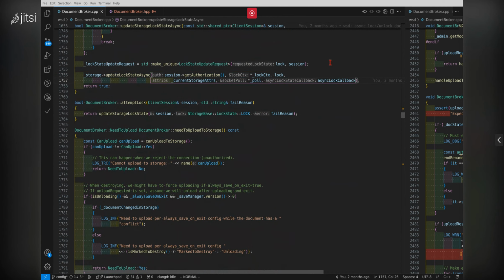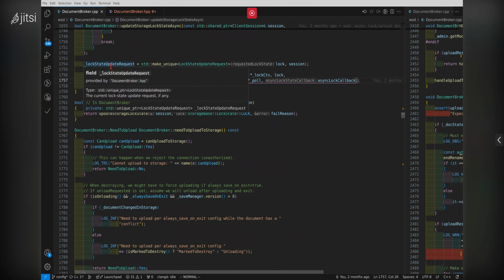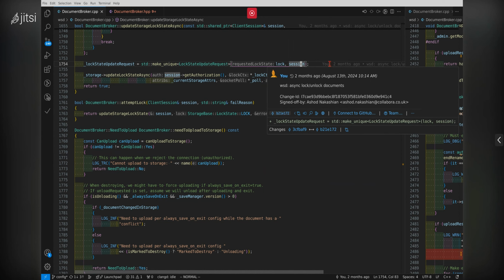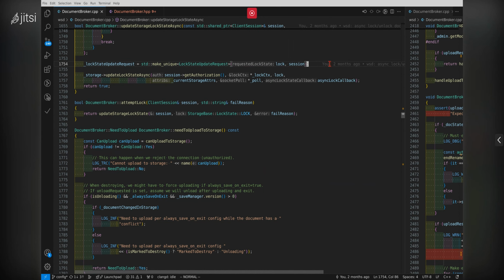The relevant parts that you need to be mindful of, which is the pattern that we use, is that we always have a request object that captures the relevant things. Specifically, it has to capture the session that issued the request because we need that session later on, right? And we need to know whether we locked or unlocked because we need to understand what failed when it fails. And conversely, when it succeeds, we also need to know what were we doing that succeeded to update the state